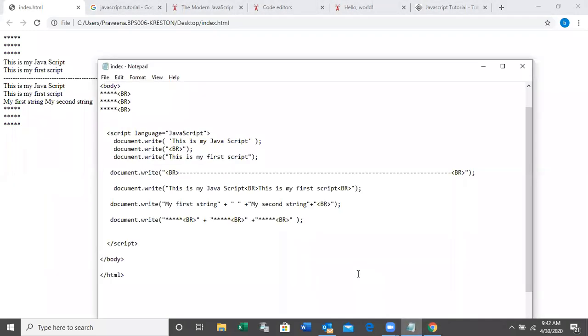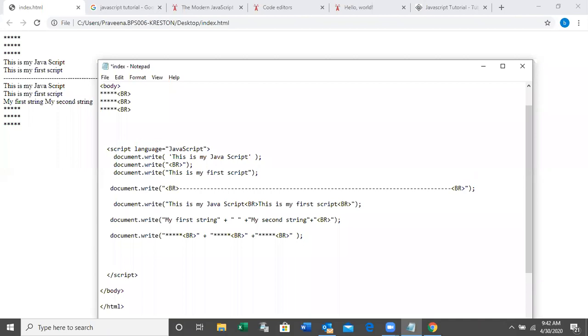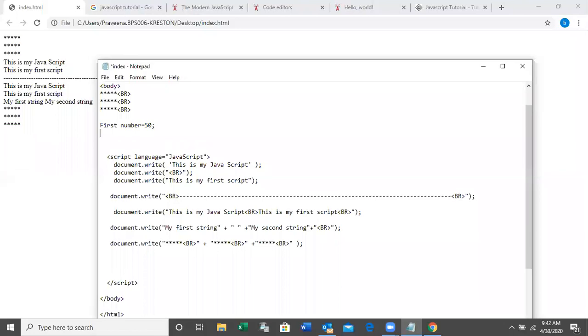Okay. The next one, see, first number is equal 50. Second number is equal 60.